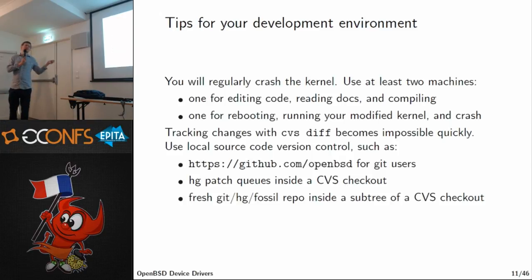Everybody can figure out their own process for that. I guess a lot of people use Git or similar tools. Whatever you do, try to find something that works for you. It doesn't matter what you do, but have some independent source code control of the changes outside of OpenBSD's view, because you will need it for yourself. And nobody else will need that. I can show you some of my own histories if you want. Personally, I use Fossil for these things a lot, but you can use whatever you want.